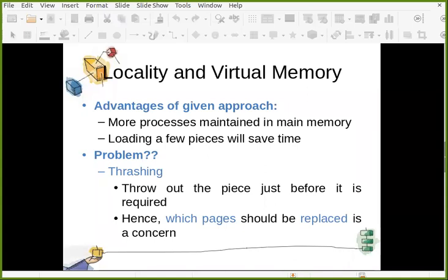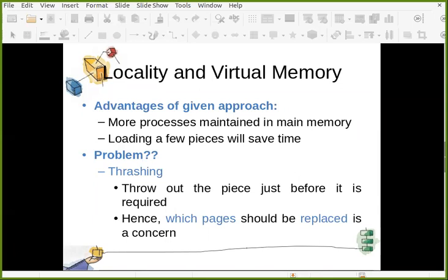It is possible that in the very near future, the same portion that you swapped out is required. So what you need to do? Again, you need to bring that portion back into the main memory. And if this happens very frequently, that whichever portion you swapped out from whichever process is going to be accessed in the very near future, you need to immediately bring it back.